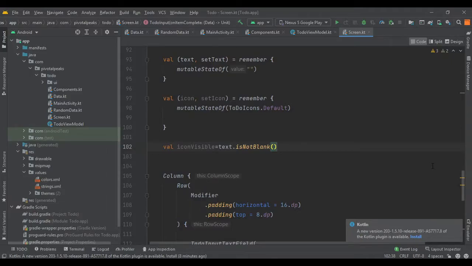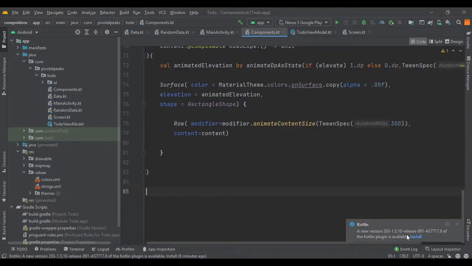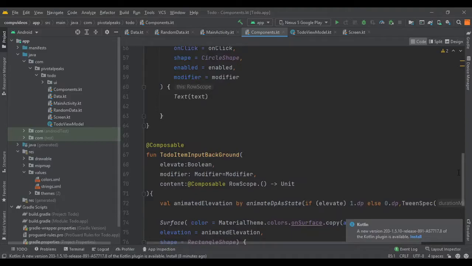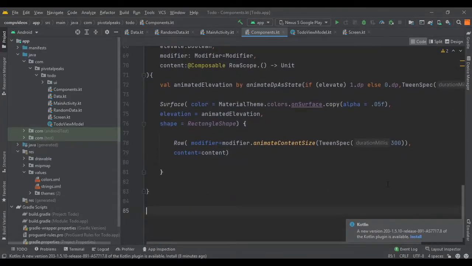Now we need some components for our icons, like a selectable button and a row for icons where we will put our icons in a row. So let's go to the component file and let's create our selectable button first.